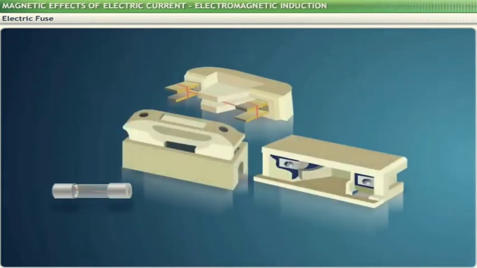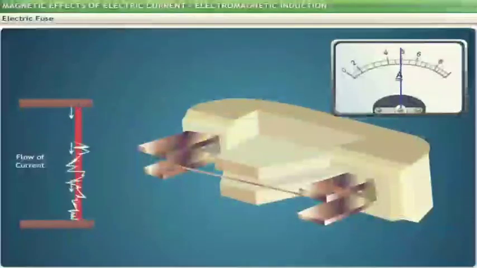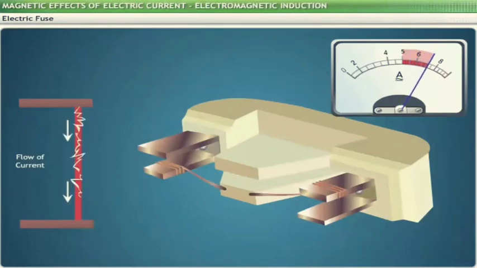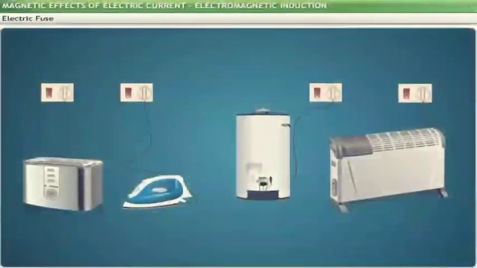An electric fuse is an important component of all domestic circuits. An electric fuse is a safety device used to protect an electric circuit against excessive current. If your electrical appliances receive very strong current, they could get damaged and stop functioning. To prevent damage from fluctuations in the current,